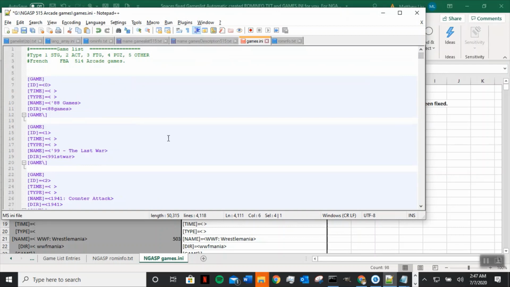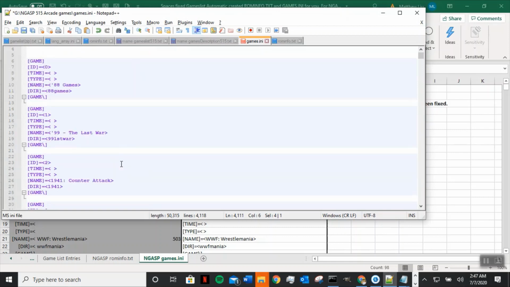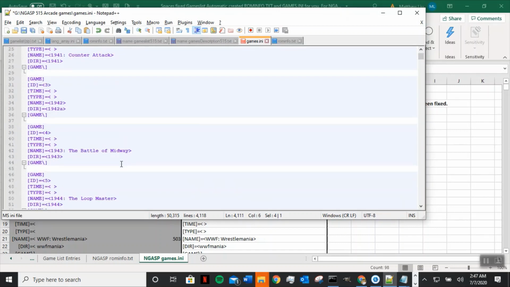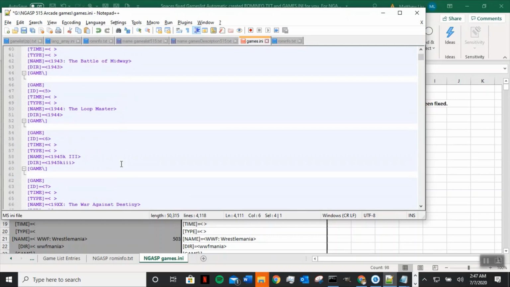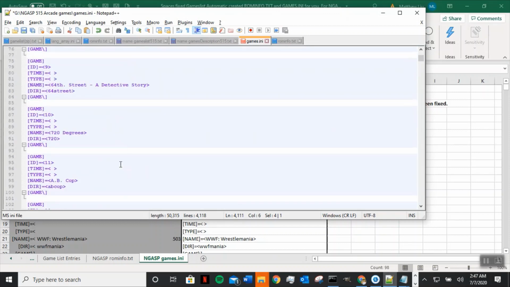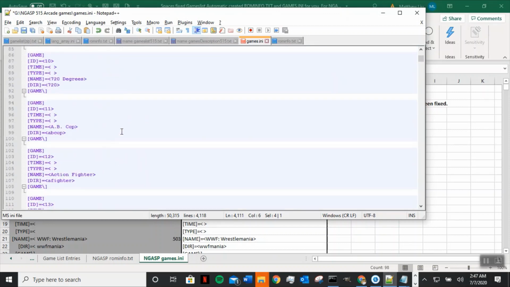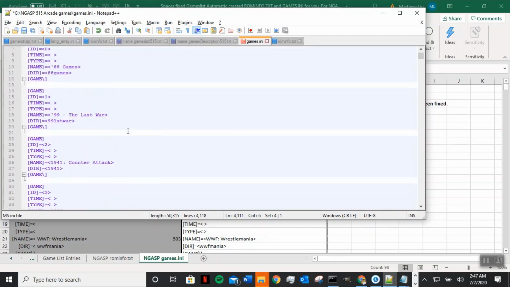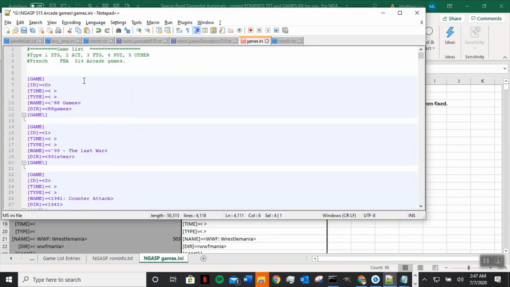Now I already know some of the games here are not going to work because I already tested them, like the Golden Axe 2. Those are the Sega Genesis ones. So those I know are not going to work. So that already tells me, with 514, you might lose close to maybe 200 games that are not going to work. I have a feeling that probably 200 games are not going to work. So let's go ahead and save this,